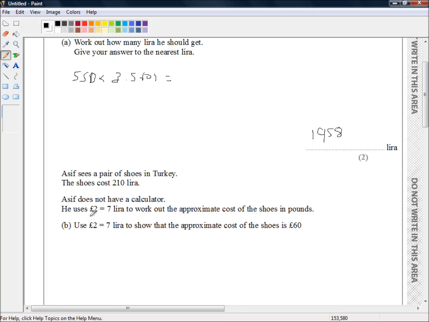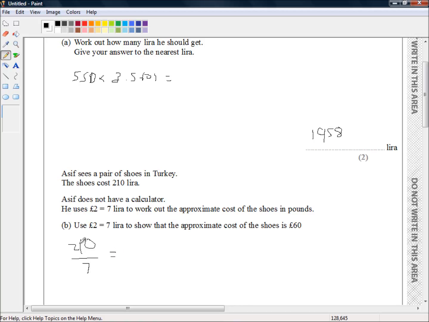Okay, so pretend that £1 is 7 lira. All we would do is divide by 7. And again, we've got lira. We know there are more liras than pounds. So if we're converting from lira back to pound, we would expect to get a number that's smaller than the one we started with. So if we divide 210 lira by £1 equals 7 lira, we would get 30, because